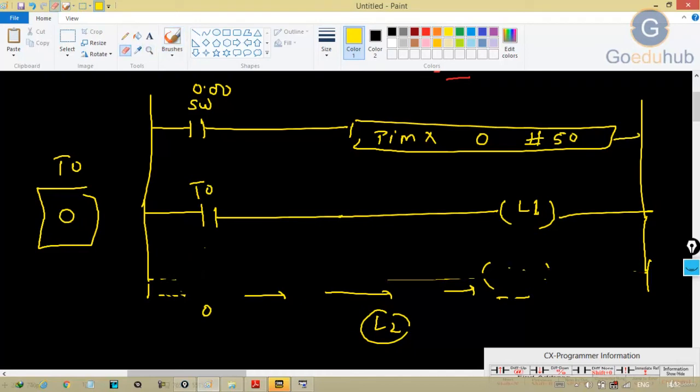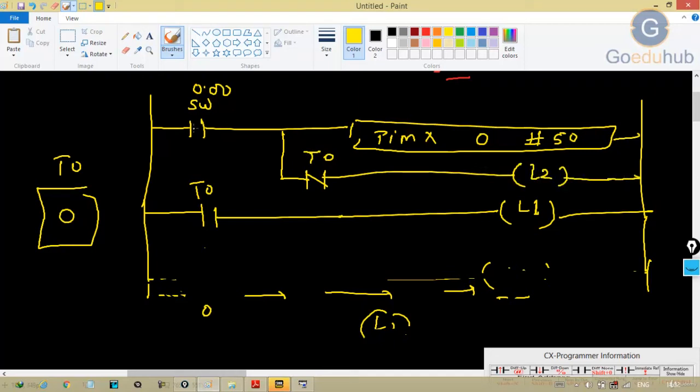Instead of giving the connection here, I can provide NC contact of T node here, then I will give L2 here. Now when I turn on that switch, only then supply will reach here. So let's do the same thing in software.